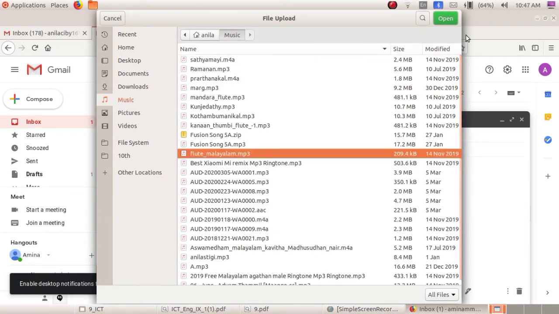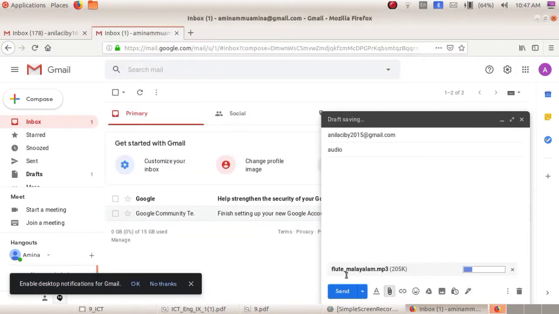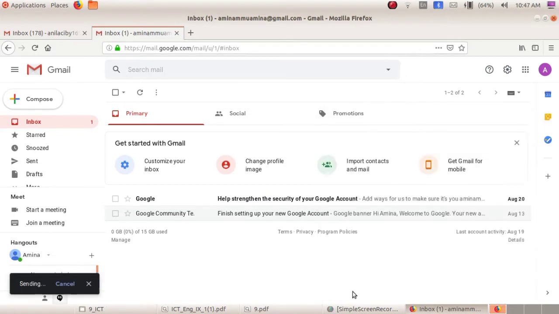Then click on the open button, then click on the send option. This is flute_malayalam.mp3. Sending that. See, this message is also sent. Likewise, you can send and receive messages like text messages, document files, images, audio files, video files, etc.